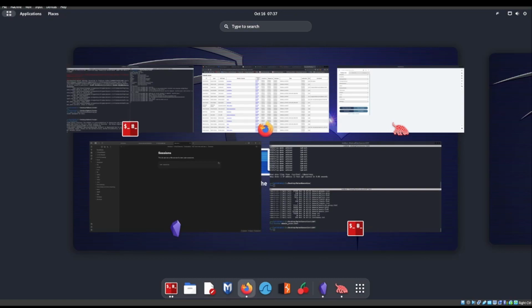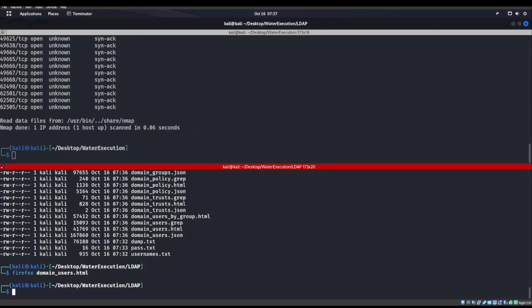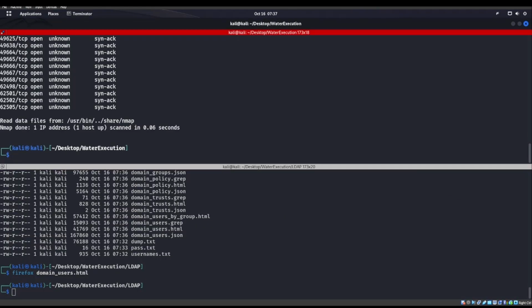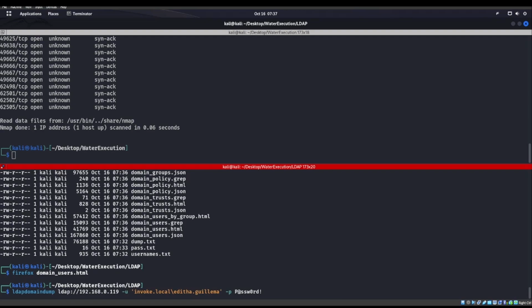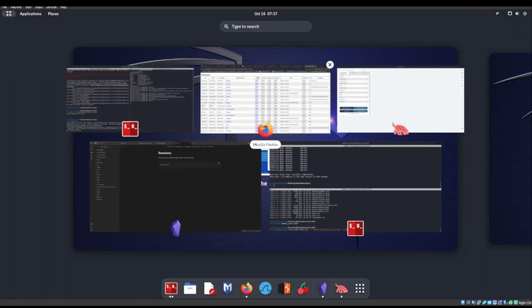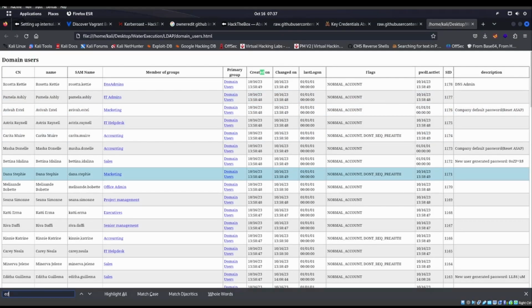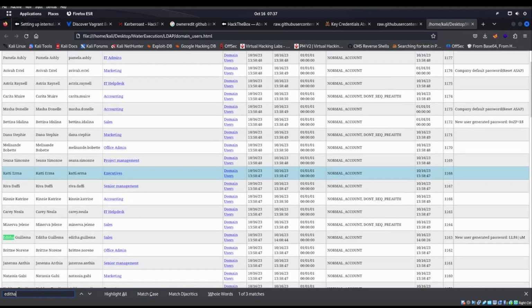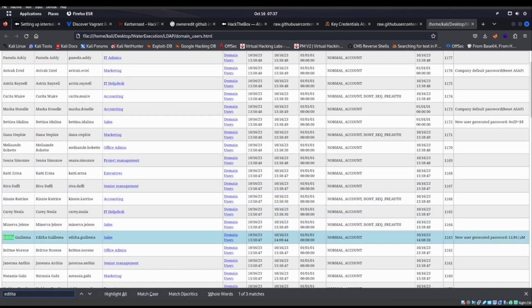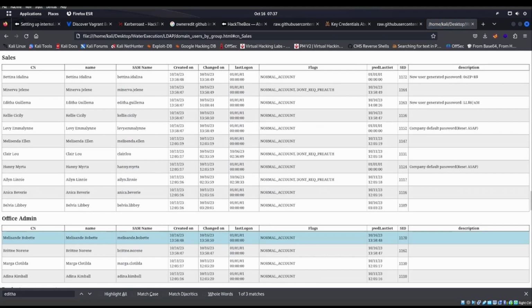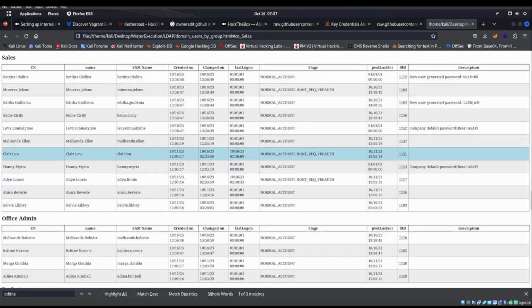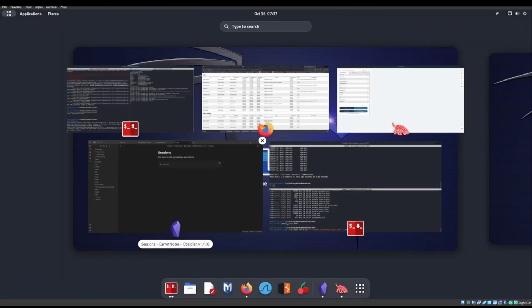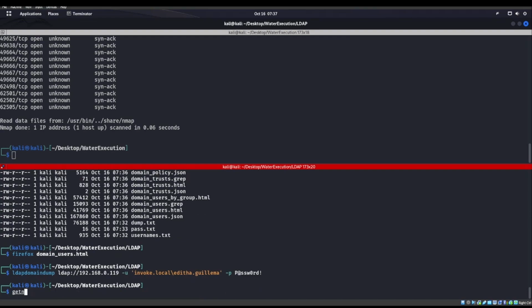We had, I already forgot her name. We have Aditha Golema. So she's right here. She belongs to sales. Normal account. All right, so we know that she belongs to sales. This many people belong to sales, like right here. We also see "don't require pre-authentication." So that means we got quite a few users with that,